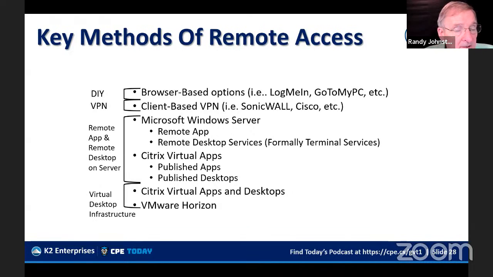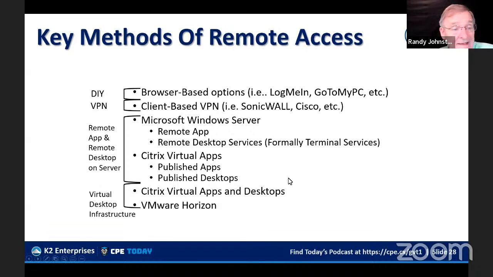We prefer business-grade firewall VPNs, the likes of Cisco or SonicWall would be a way to get there. But VPNs have the downside of being relatively slow. In terms of remote apps and remote desktops on the server, you've got two major approaches there. You've got the Microsoft Windows Server, which has their Remote Desktop Services. And you've got Citrix Virtual Apps, where you can either publish an app or publish a desktop. And then for VDIs, or virtual desktop infrastructures, you've got two basic approaches here: Citrix Virtual Apps and Desktops and